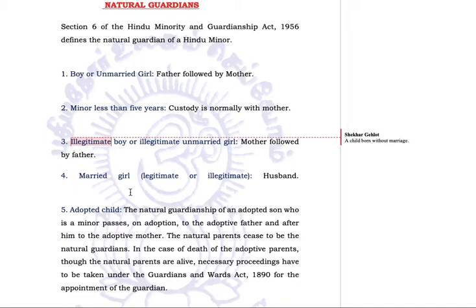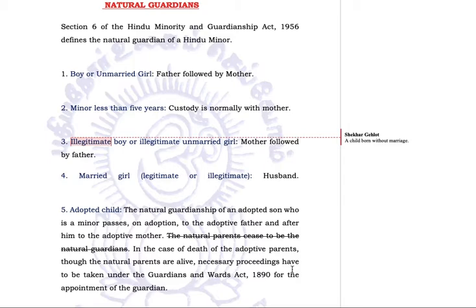The natural parents of this adopted child, who has now gone into the adoptive family, definitely existed. Now these natural parents will cease to be his natural guardians, because after adoption they have no link with the child. They are removed. In the case of death of the adoptive parents, though the natural parents are still alive,